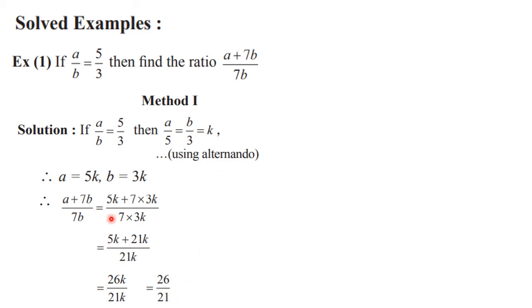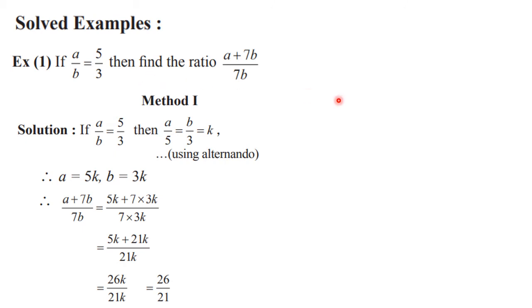So this is one method where we are using the property A upon B is the same as AK upon BK, or the ratio has a common multiple. That property we are using. Now in the second method, we are going to use the operations which we have seen just now: invertendo, alternando, componendo, dividendo, and componendo dividendo. I told you to write in the notebook, so I hope you must be having those 5 properties in front of you right now in your notebook.